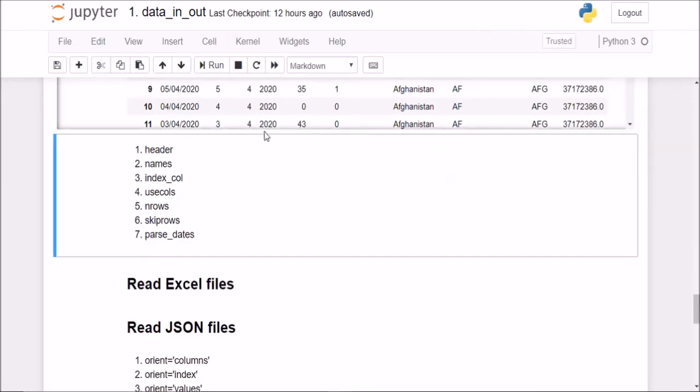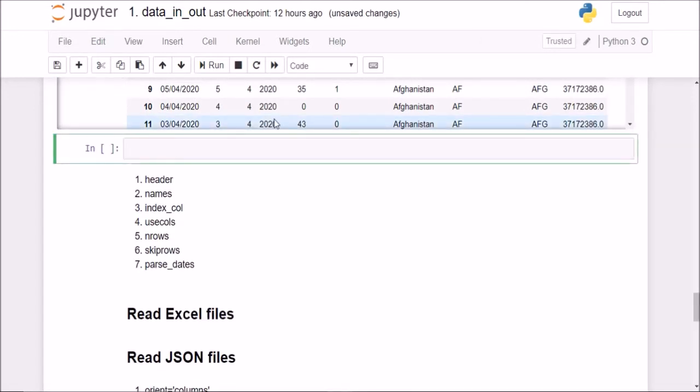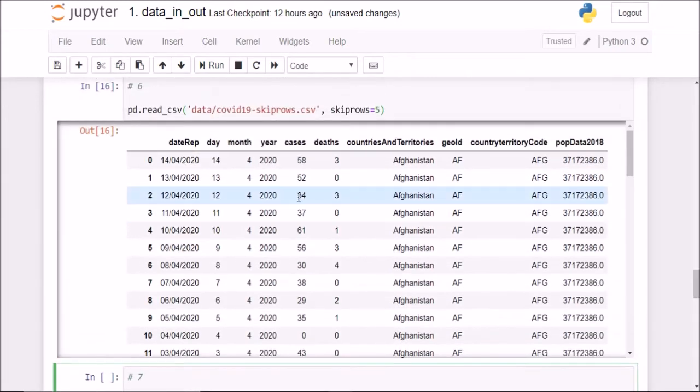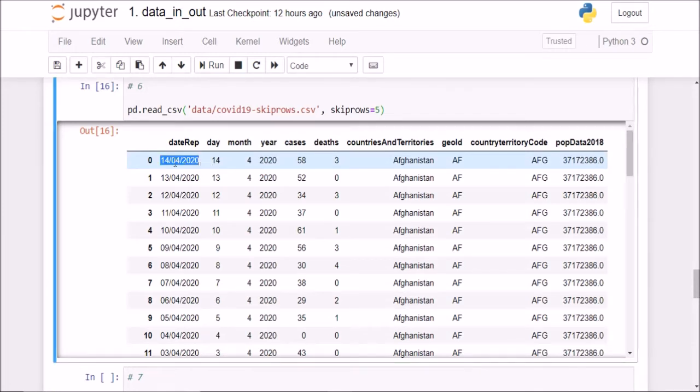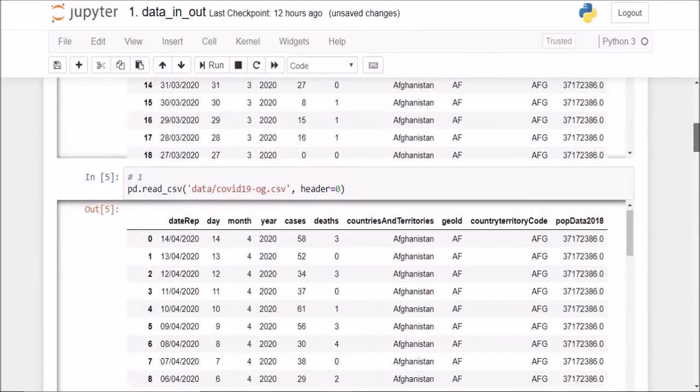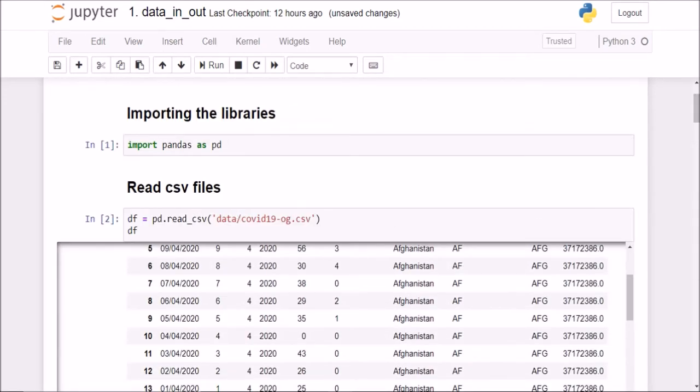Now next is parse dates. Parse dates is also pretty important because this data set is a time series data set, because it contains data with respect to time. This row contains data about this date, this contains about 13th April, this is 12th April. So in most cases it is very, very important. Now, this data set which we have loaded here, df, we'll see